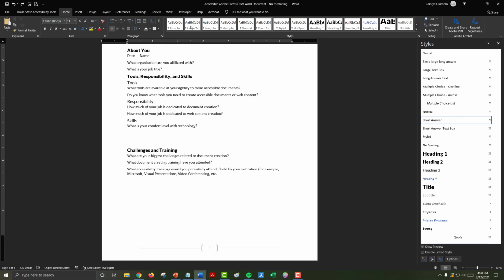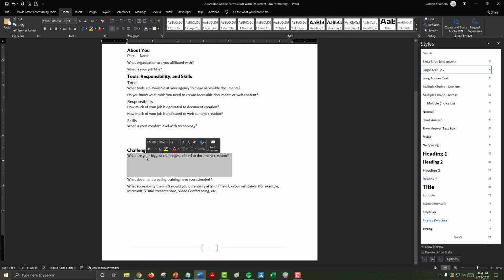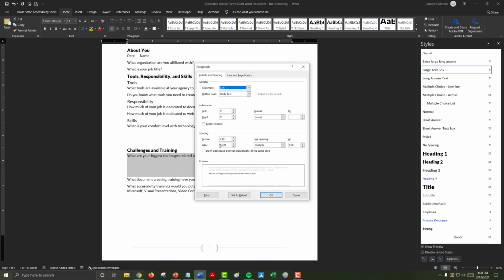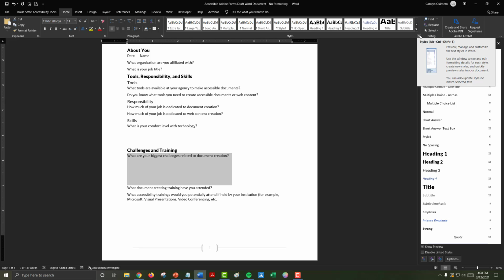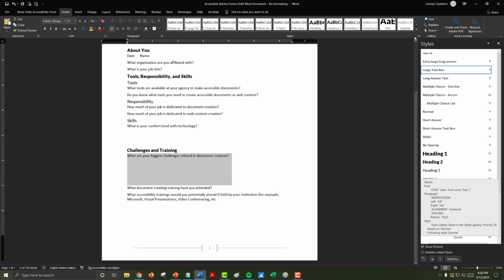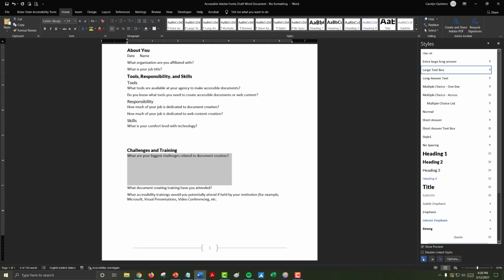So we could apply this large text box, but if we want to increase our space, let's say we want to make this one 78 to give a couple extra lines of space. And again, if this is something that we want to repeat throughout the document or use in future documents, we can add a new style. So from Styles, it should still be open.